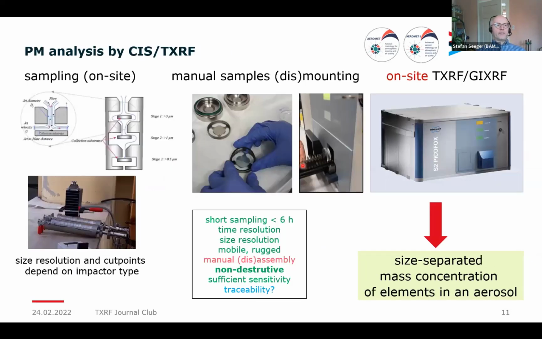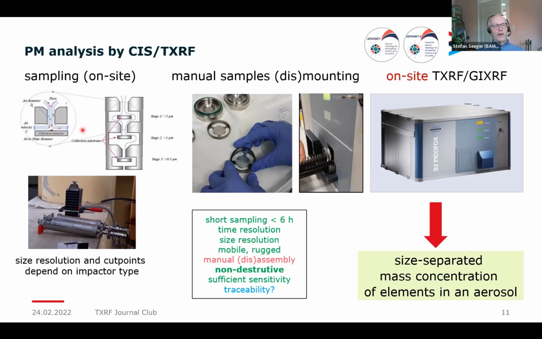Well, on the other hand, PM analysis by TXRF works a little bit differently. We use sampling and cascade impactors for sampling. For those who are not familiar with cascade impactors, these are devices which deposit particles on substrates or carriers by the inertia of particles. So if particles are accelerated through a jet, as shown here, the bigger ones may not